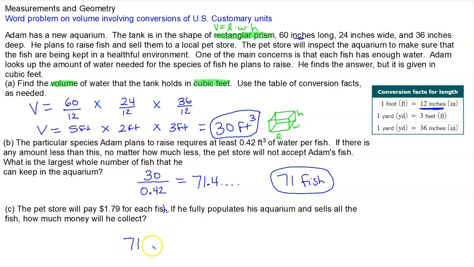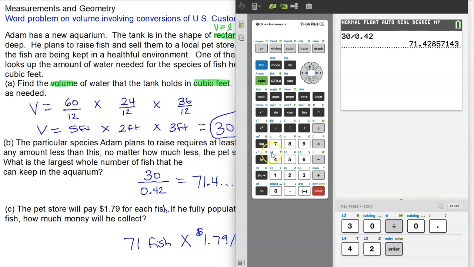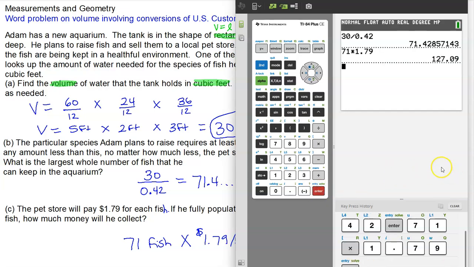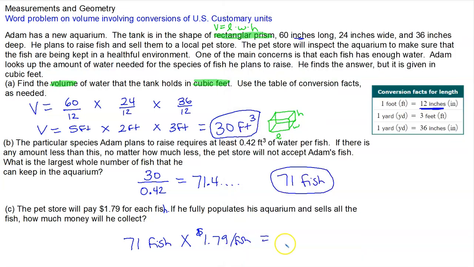So we take 71 fish and multiply by the price per fish, which is $1.79 per fish, to find out how much money Adam is going to make. So 71 times $1.79 per fish, and we find out that the total amount Adam will make is